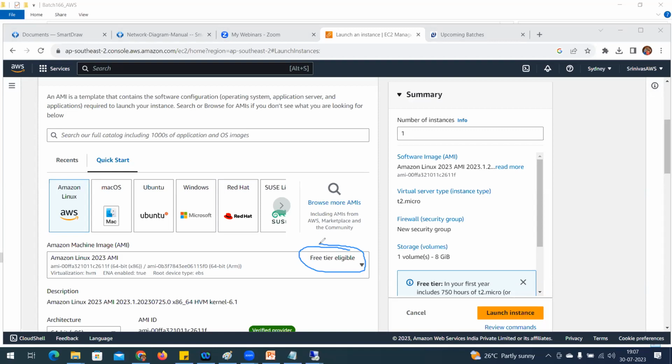Some services you are not in a position to configure. Whatever server you deploy using any kind of operating system here, as soon as you choose this free tier option, that means it is free. No need to bother about hardware, no need to bother about a license, no need to bother about anything else, even network configuration. For example, in a real-time environment, you need to make sure of server network communication and all those things, right?